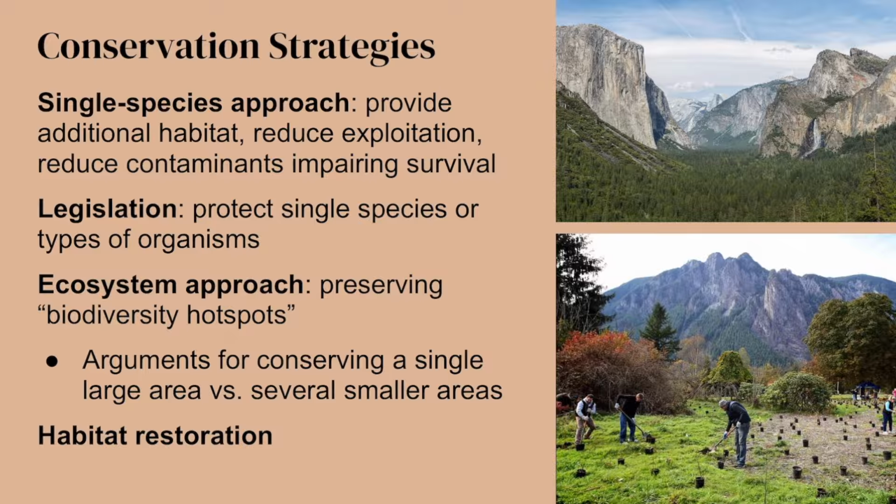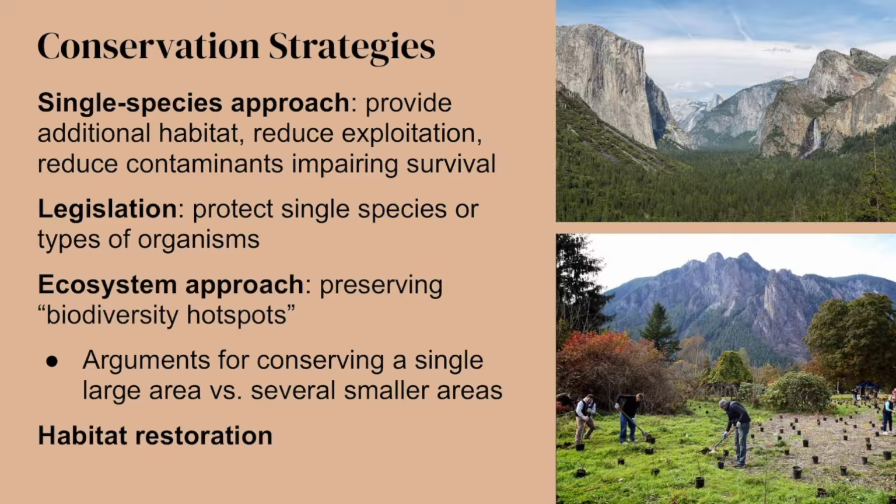So then we have an ecosystem approach, which is not focused on a single species, it's focused on preserving an entire ecosystem. And in general, we focus on biodiversity hotspots. So biodiversity hotspots are regions that contain lots of species diversity and a significant number of threatened or endangered species. Obviously, if we could, we would like to conserve every single area, but the idea with conserving biodiversity hotspots is when we can